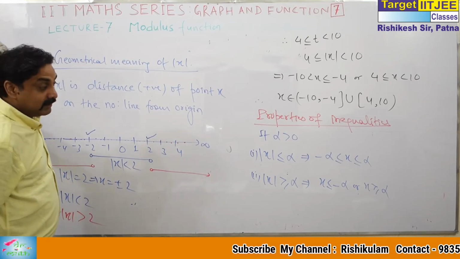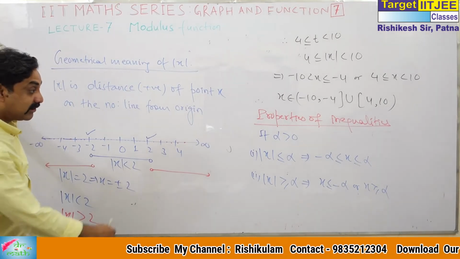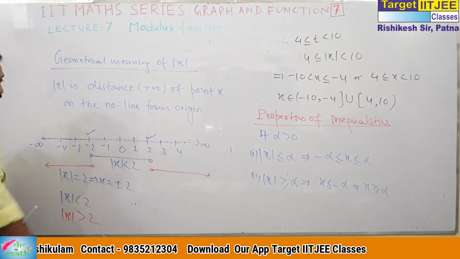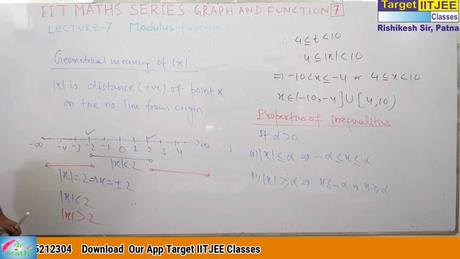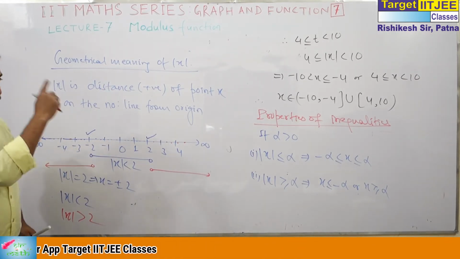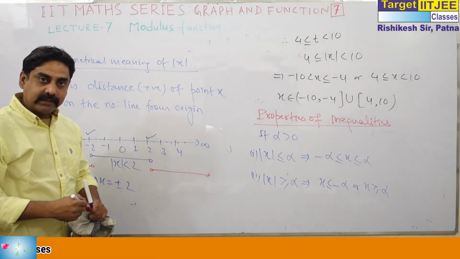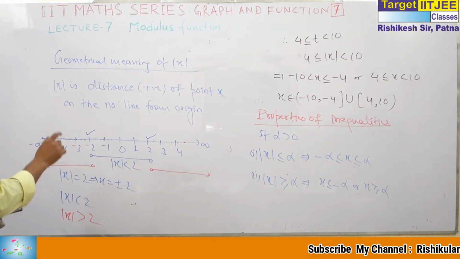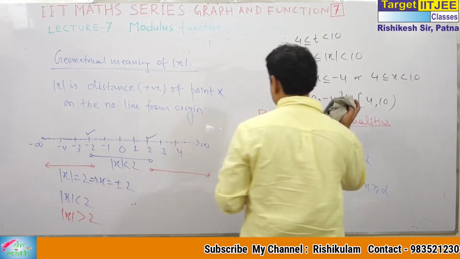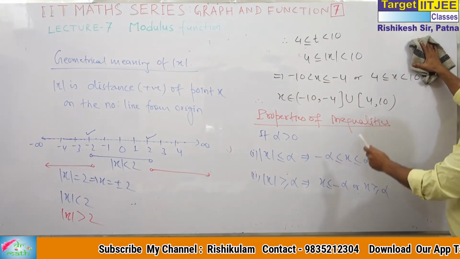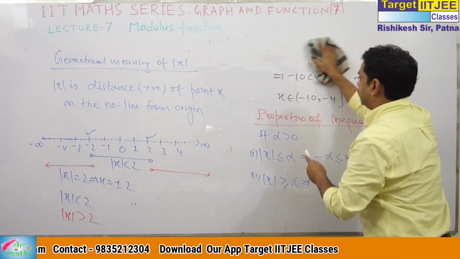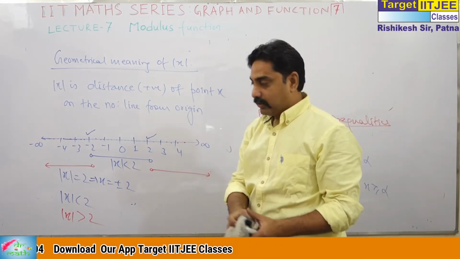You got it geometrically, it's important. Replace 2 by alpha, and you can see this is the result. This is a very important property. Now let me do a question on this. This result is important, and you can also explain it by this result, but let me do a question.